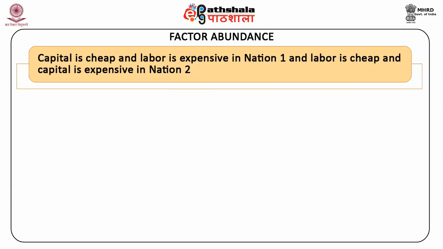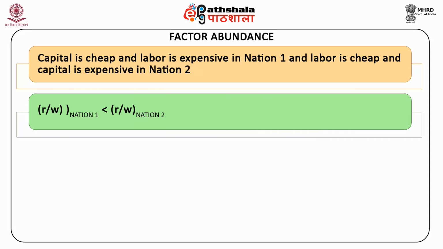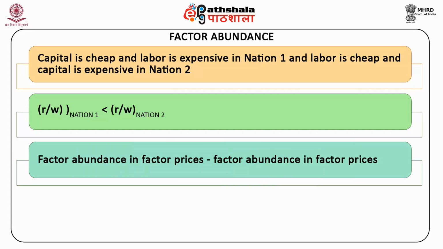Capital is cheap and labor is expensive in nation 1. Labor is cheap and capital is expensive in nation 2. Stated in equation terms, this means R by W for nation 1 is less than R by W for nation 2. We take factor abundance in factor prices because this definition considers both demand and supply factors because the price